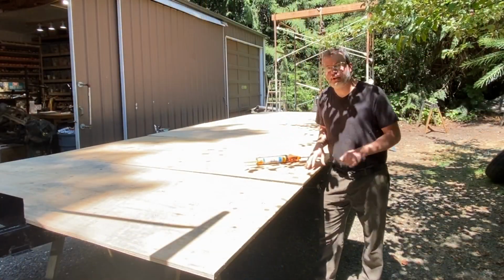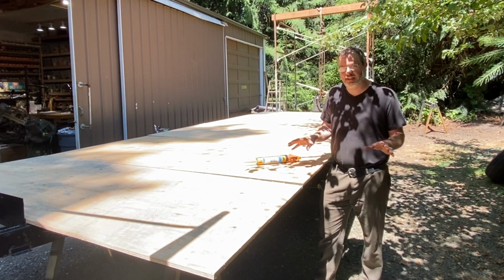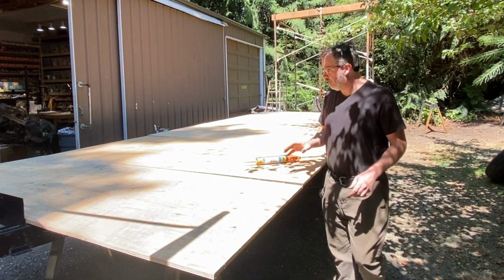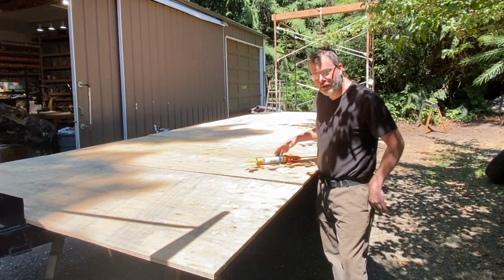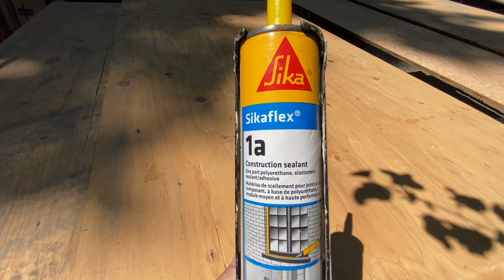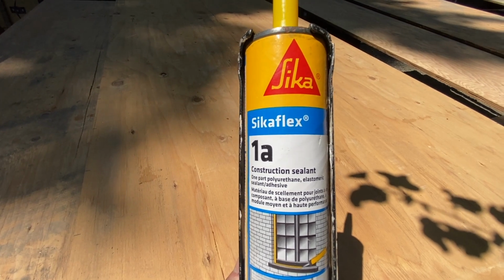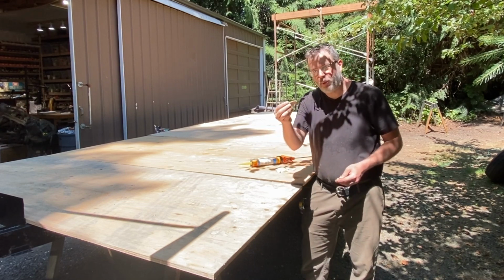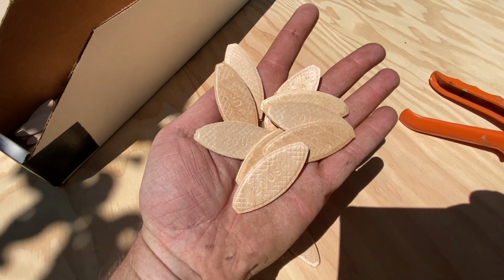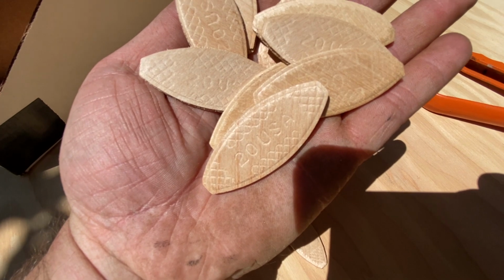Sheets laid out on the chassis for a test fit, and everything looks great. This is going to go nice and smooth. So now the goal is to pull these sheets apart. I'm going to use Sikaflex 1A as the adhesive sealant in between each sheet, and I'll be using a number 20 biscuit. I put the slots in there from the biscuit joiner, so I'm going to pull these apart,